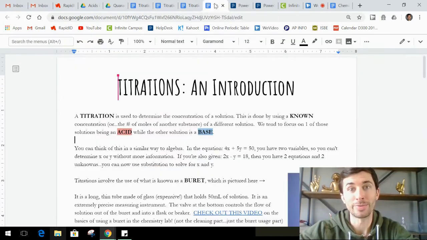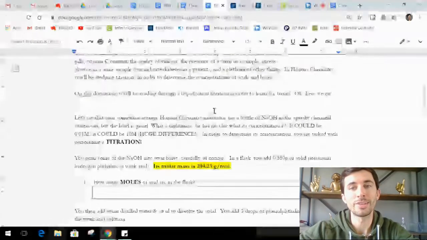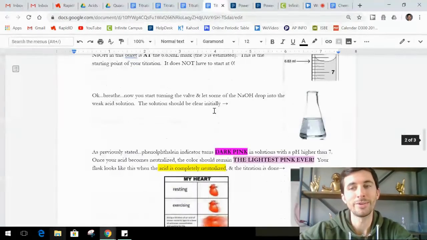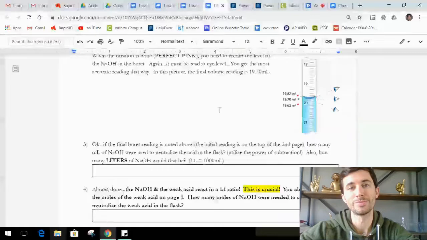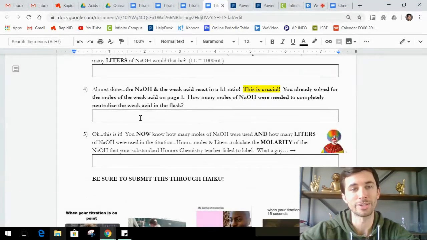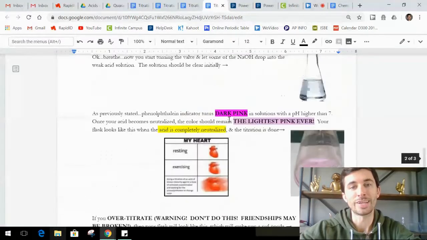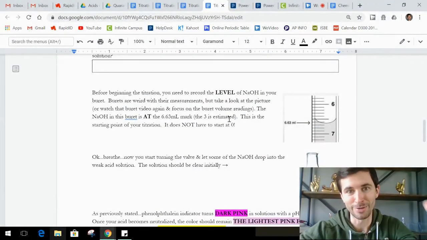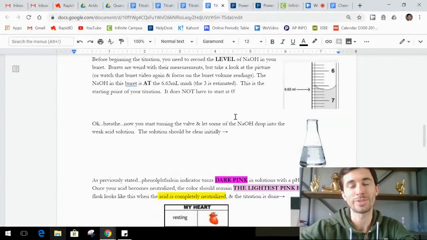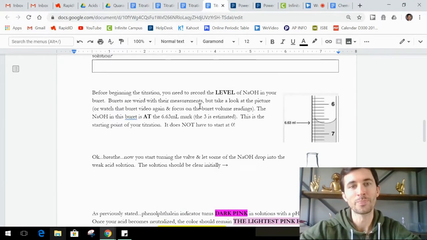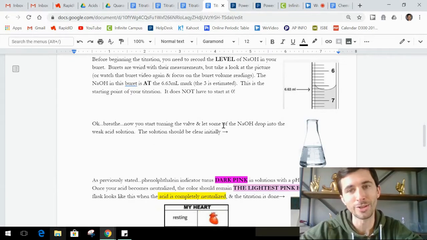Now, when you checked out the intro titration document, I know it's a lot of words, there's a lot of writing on here, but it just goes through the process. Hopefully you didn't skip all the words and pictures and just go down to number 4 and 5 and finish it, because it took me a long time to write all this out so that you can understand the process, what goes on when you titrate something. So everything is important here, like the color changes